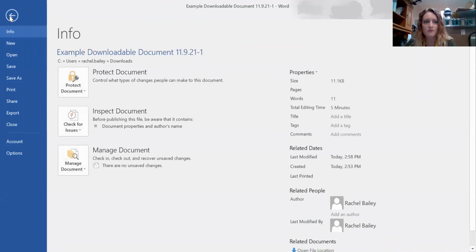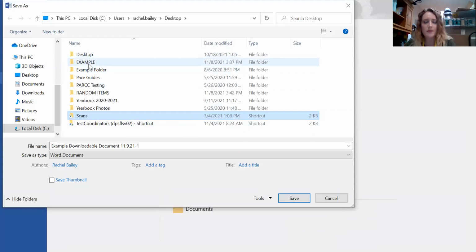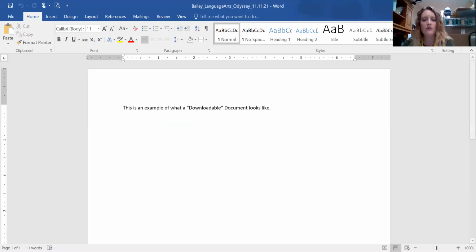Then they're going to go up to File, and then we want to go to Save As. And just like we were discussing previously, they're going to go to their desktop. They're going to select where they want to save it at. They've got to name it something, right? So maybe the teacher is Bailey. The subject is language arts. The lesson is the Odyssey. And the date, this is my assignment for Thursday. And then I'm just going to go to save, and I'm going to save it. Now the student should be able to open that file on their computer